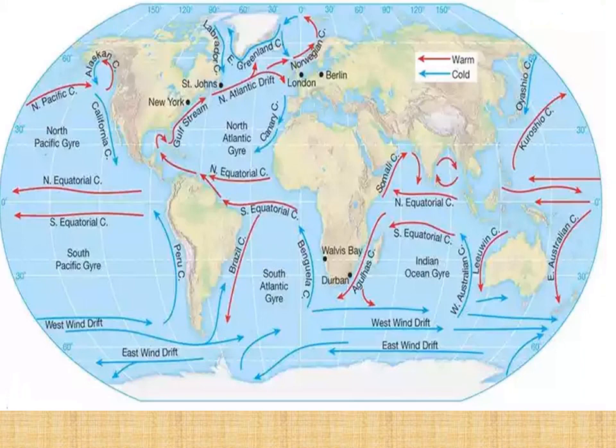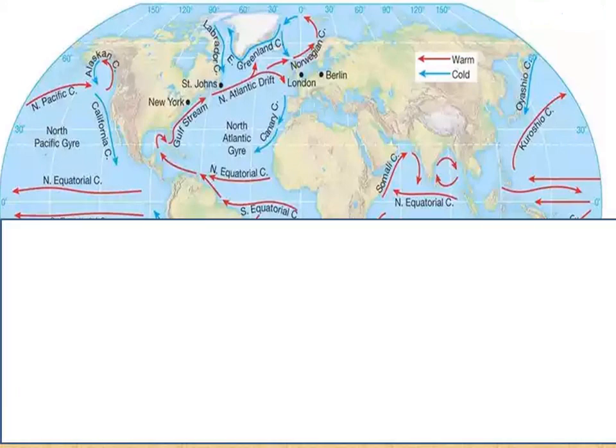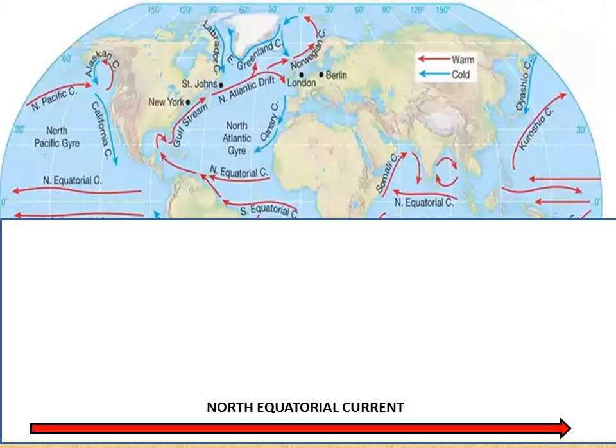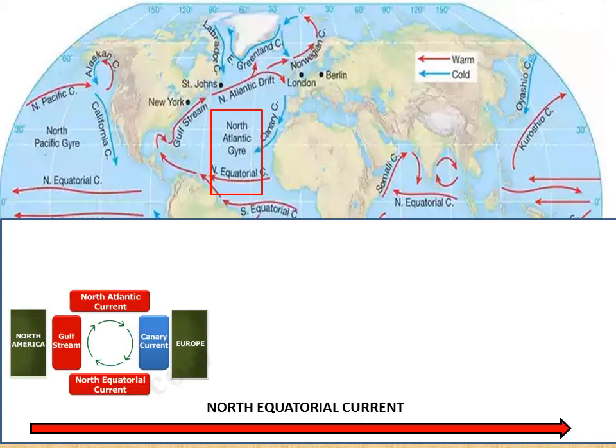Now let us divide the surface of the earth into two parts and try to remember all the ocean currents one by one. The first part that we will be taking is the northern part. In the northern part, you can see over here you have a north equatorial current and it is a warm current since it is nearer to the equator. The second part that we will be taking is between North America and Europe. Over here you can see the major important currents between North America and Europe are, the first is